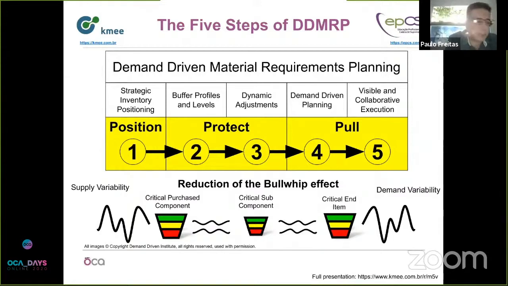Then you go on to step number 3, which is dynamic adjustments. In any company, any methodology, be it classical MRP, be it just-in-time, anything you want to approach, you really need to look after your seasonality. If you have a strong seasonal behavior for a product, or if you have a phase in and a phase out of a product, all those things need dynamic adjustments and the intervention of a planner. And we call those two steps the protecting steps. That's protecting the flow. So the buffer is there to protect the flow.